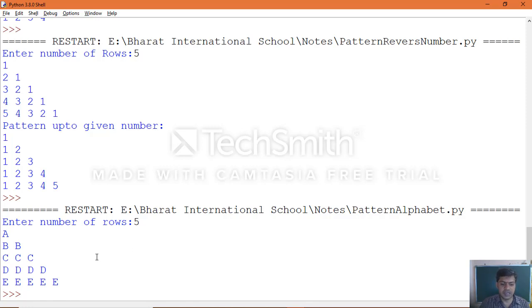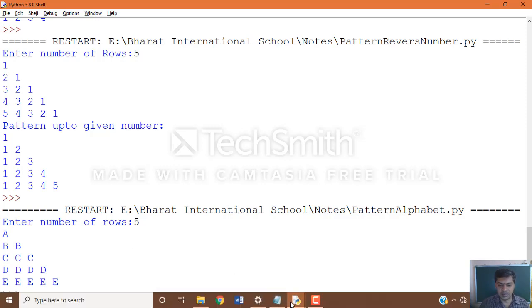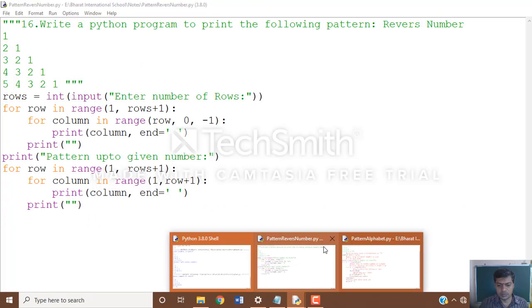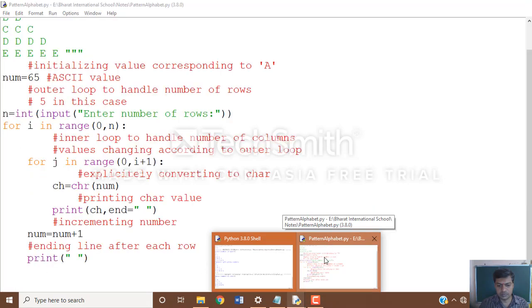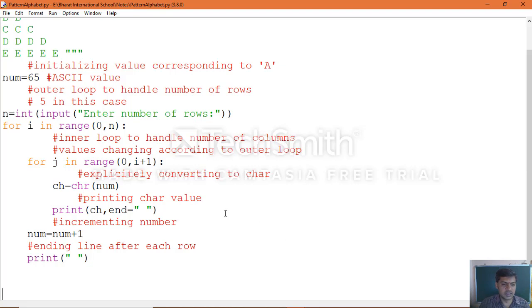Because we wrote the application in such a way. The loop, the inner loop you can see, is range 0 comma i plus 1. For the outer loop, range 0 comma n, because we took 0 here and the n value is 5, 0 to 5, which becomes 5 rows: 0 1 2 3 4.